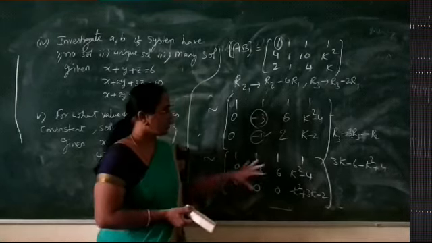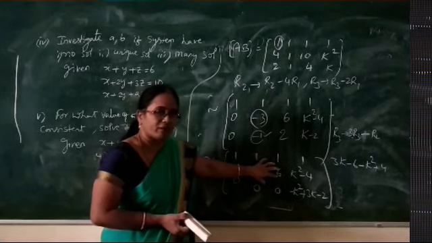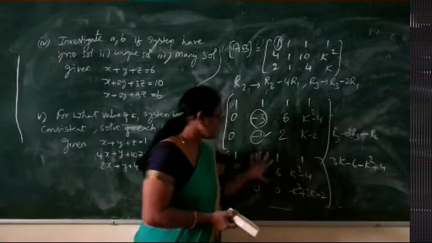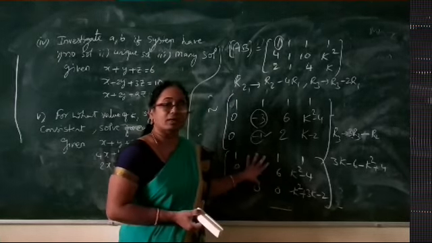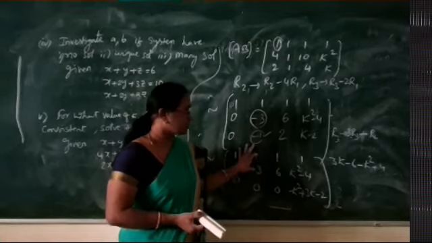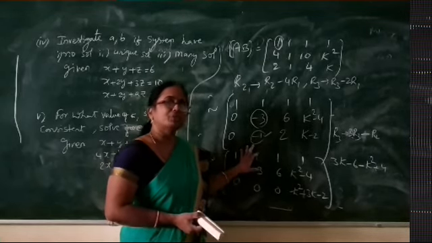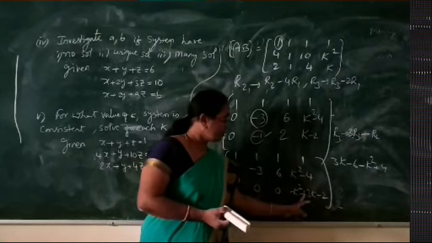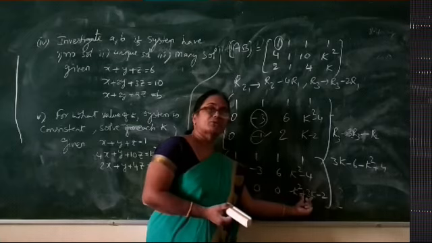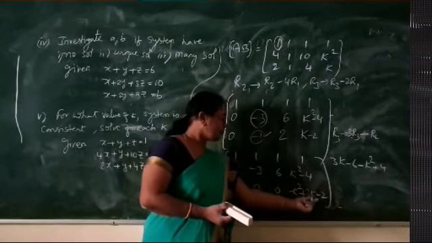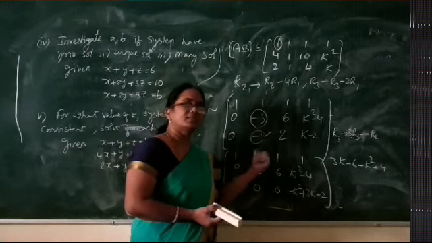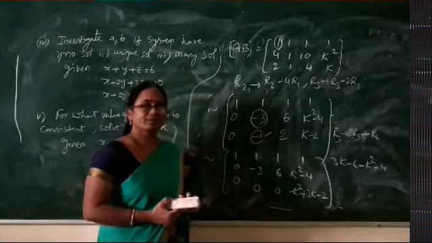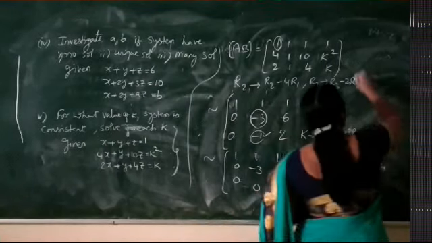So what is our understanding from this echelon form? The first 3 columns denote the echelon form of A. There are 2 non-zero rows, so the rank of A is 2. To have the same rank value for AB, the last row has to become a 0 row. For that this quadratic term has to become 0, so that the last row is completely 0 and rank of A equals rank of AB, both equal to 2, and we get consistency of the system. Now making this last element 0.